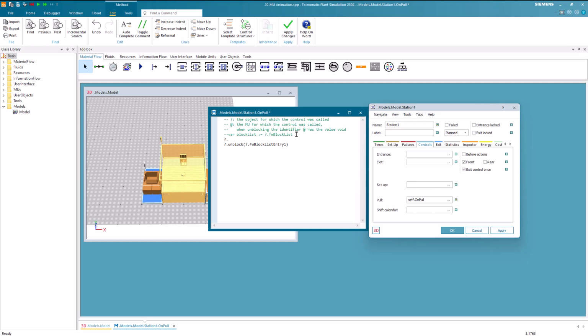Before unblocking the part and enabling it to move to the slider, it's essential to move the slider to the entry pose we've defined. We have defined the pose at the station. To accomplish this, we first access the station. Since the poses are stored within the 3D properties of the station, we need to access these properties first. To do so, you can use the _3D notation. Then we can access the poses.